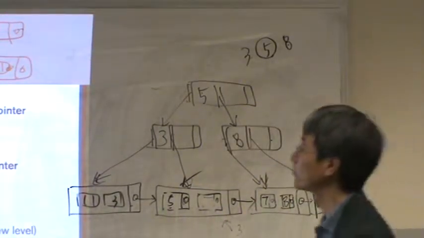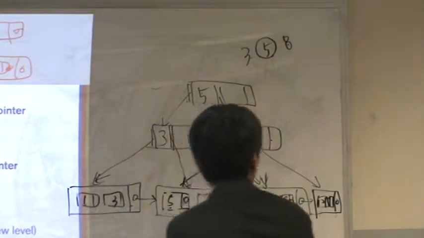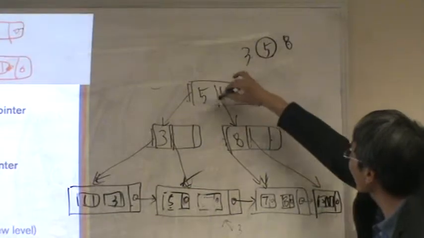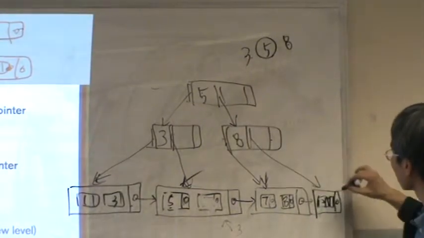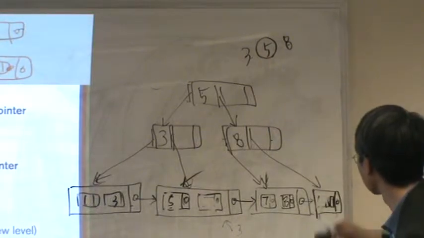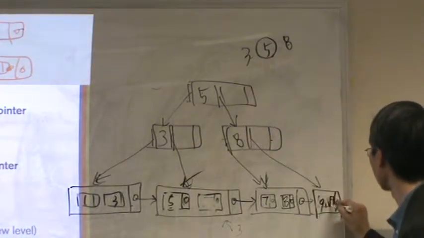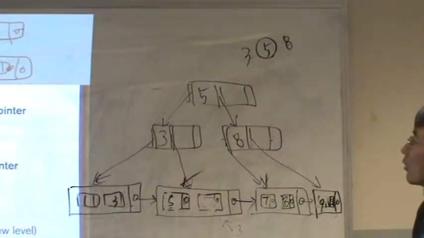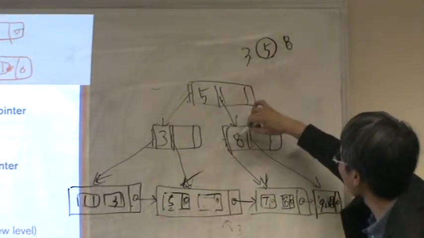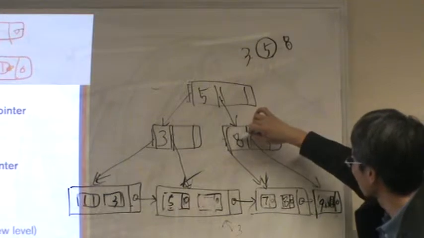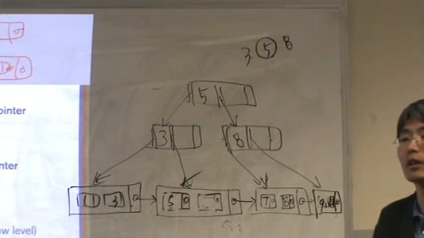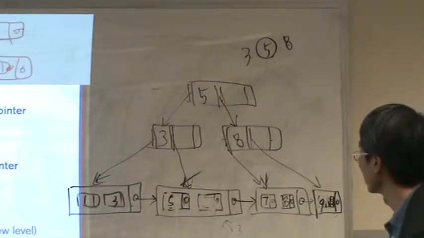So, next one. 9. So 9, bigger than 5, bigger than 8, we have space. So 9 and 12. What about 6? Bigger than 5, less than 8. Even though we have space, we cannot use this one. Okay? So,